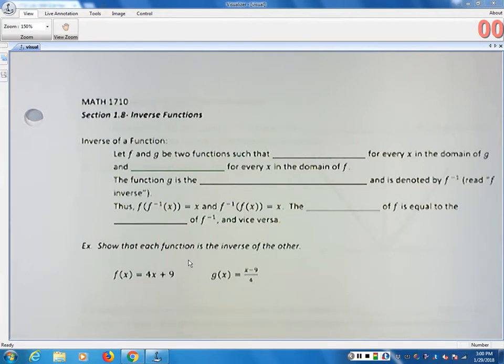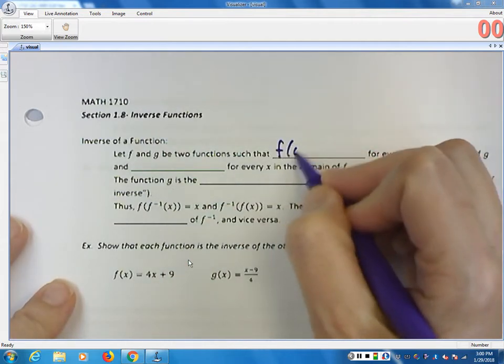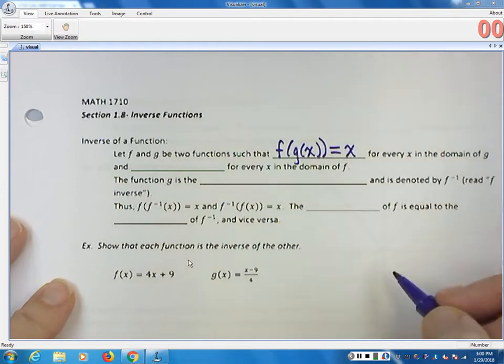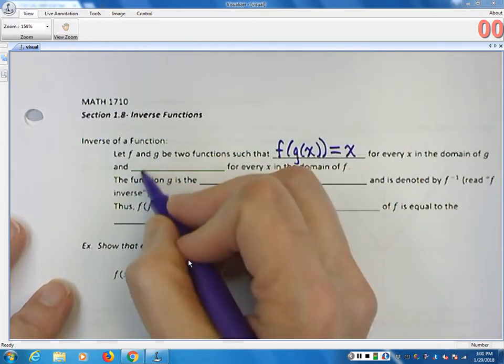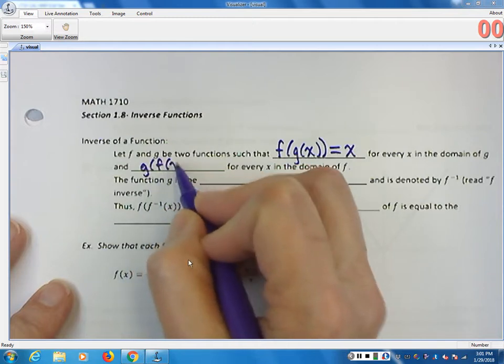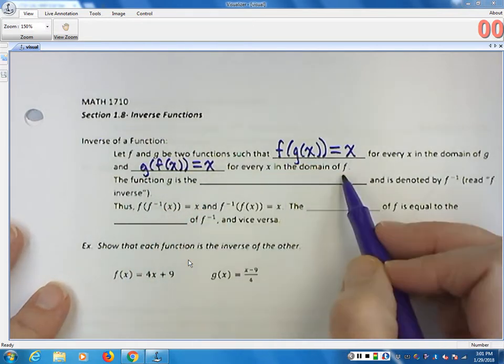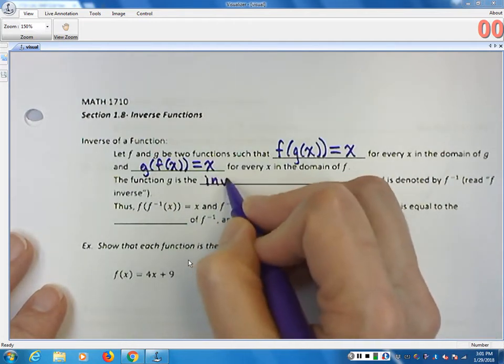All right, so inverse function. If we've got two functions, f and g, such that f of g of x ends up being just x for every x in the domain of g, and g of f of x ends up just being equal to x for every x in the domain of f, then the function g is the inverse function